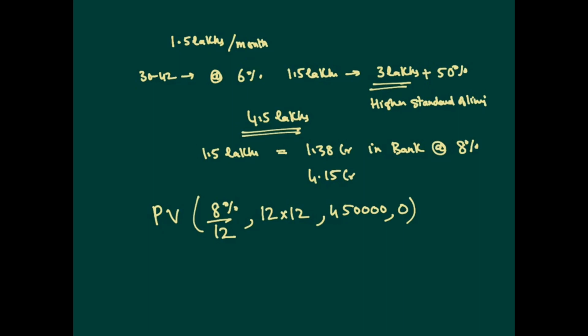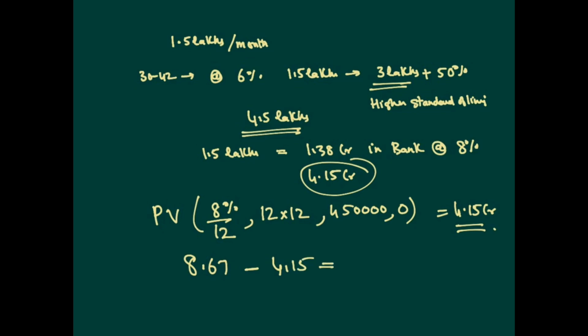So you will require 4.15 crores for this. So remember, you had with you 8.67 crores. So 8.67 crores, you remove 4.15 crores, and the balance again you're going to put it in Nifty. So you will now have 4.52 crores,